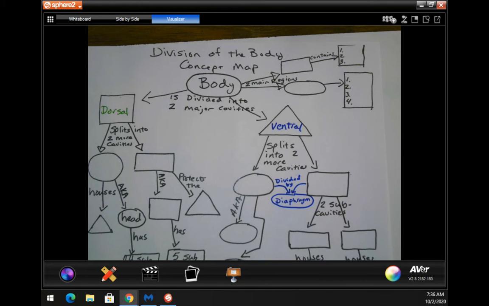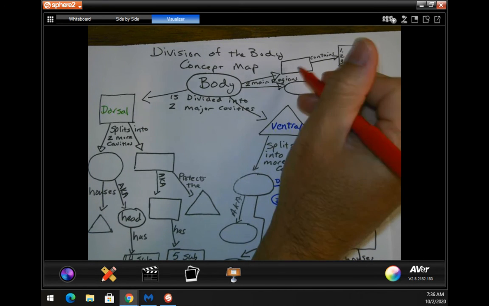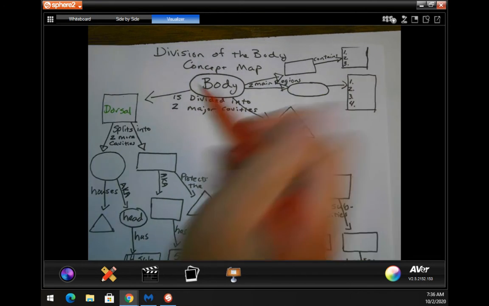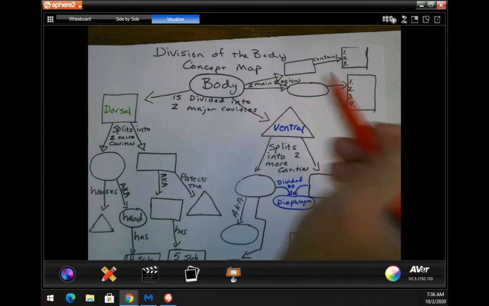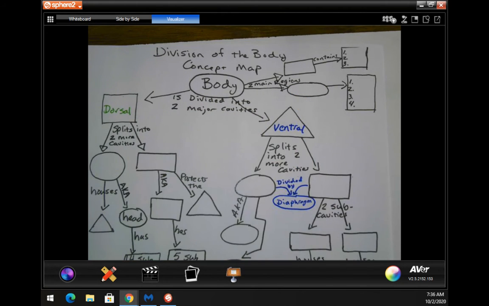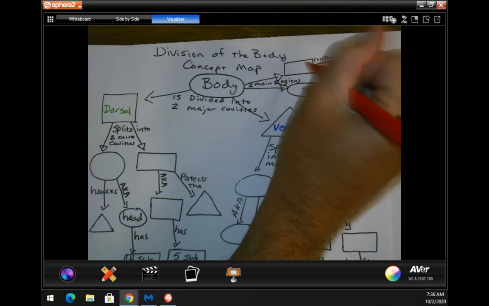Now, as far as regions, if you look up here at the top, you can also split the body into two major regions. I'll just explain the difference right now. A cavity is like a space. A region is an area on the body. Does that make sense? So cavities would be like the inside, and regions would be like the outside. Where you would point to would be a region. So the two main regions are the